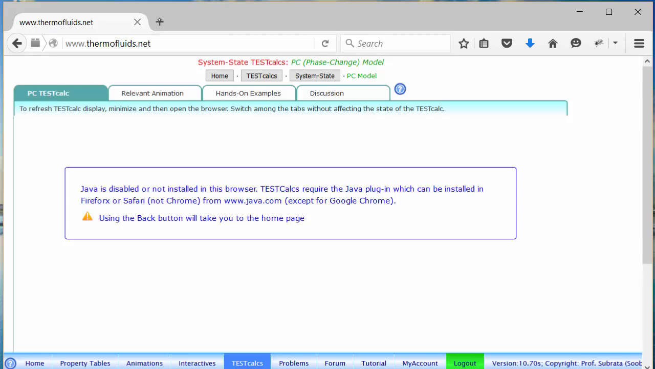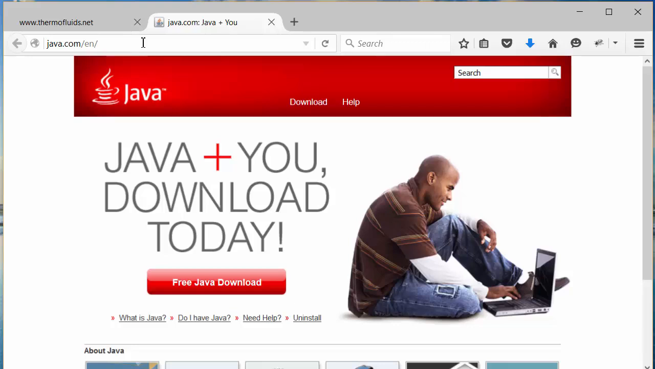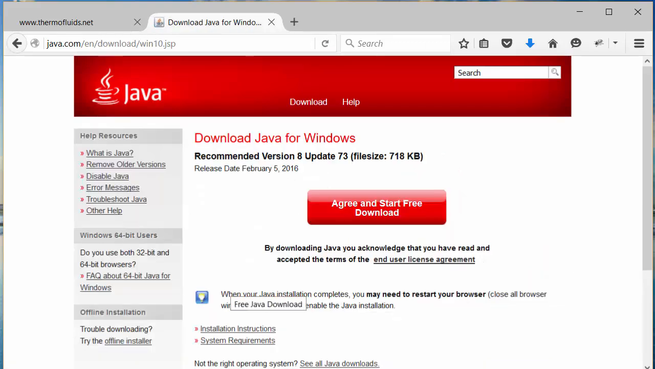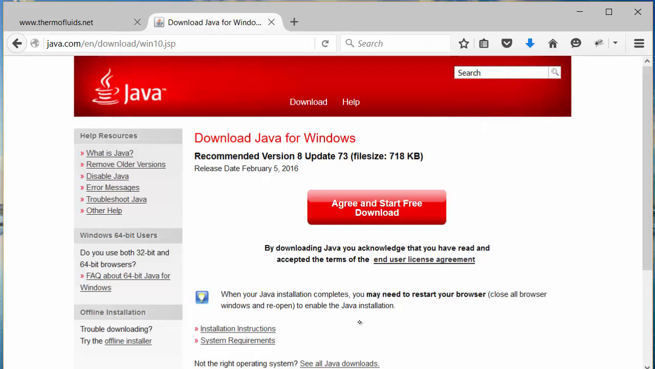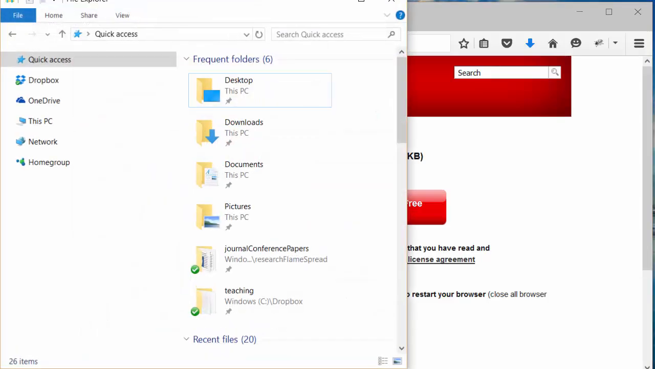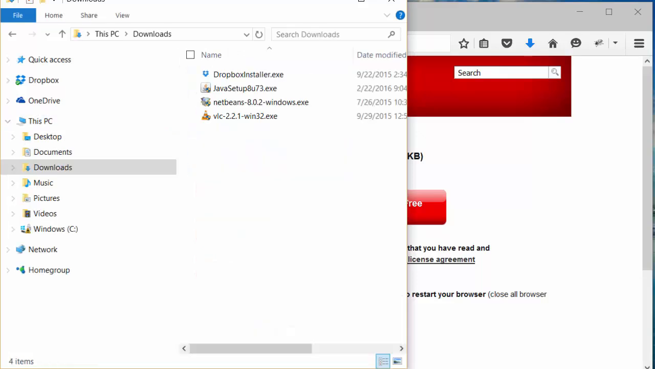So what you got to do is to first download Java. For that, we go to java.com and download the executable file, save file. In this case, it is stored automatically in the download folder, which if you click on this PC, you should find download folder, and here it is, Java setup. Let's click